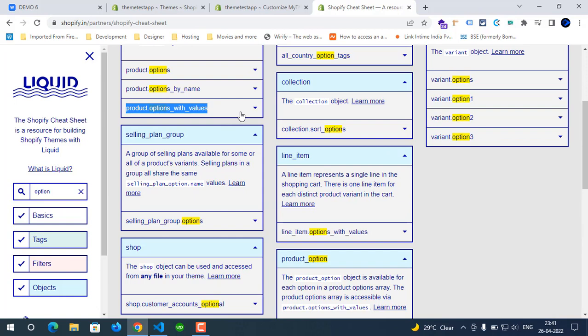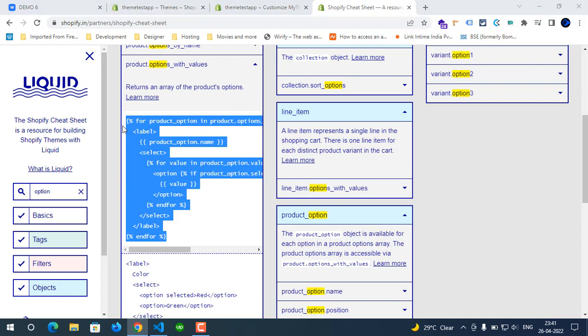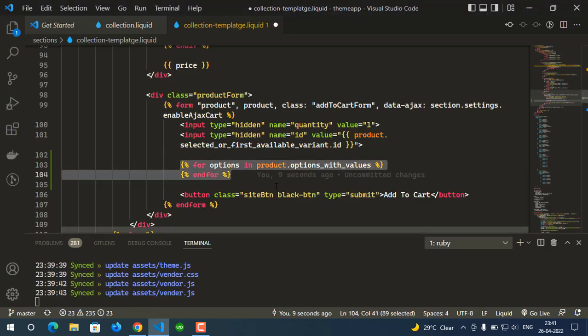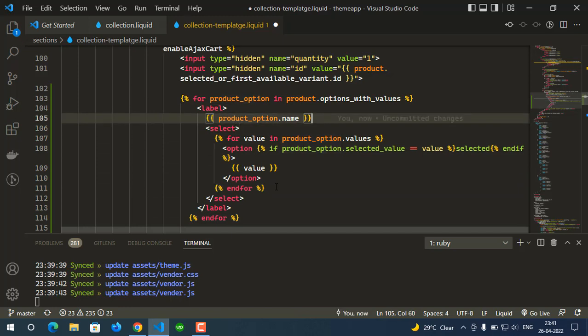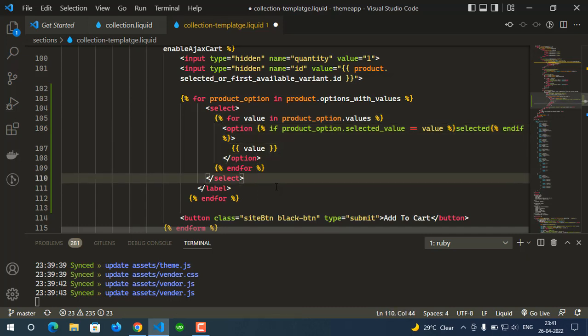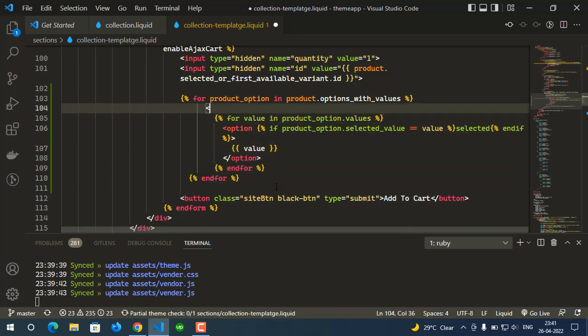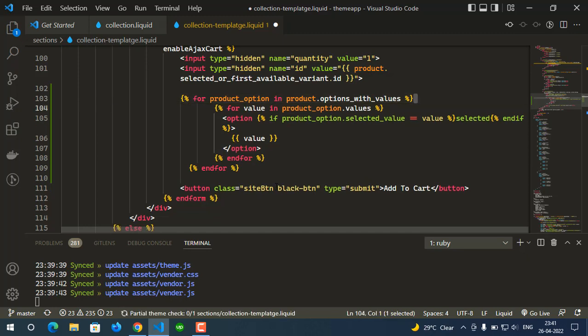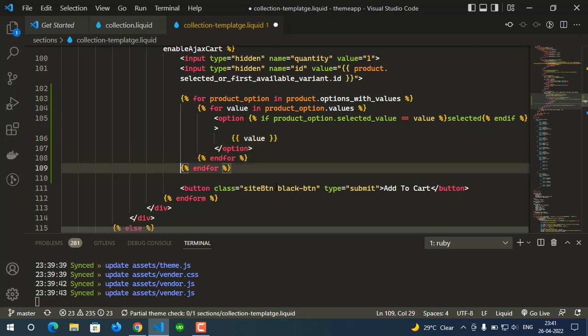And here, let's copy this for loop. We don't need this one, sorry, not this one. Okay then, so now we have to